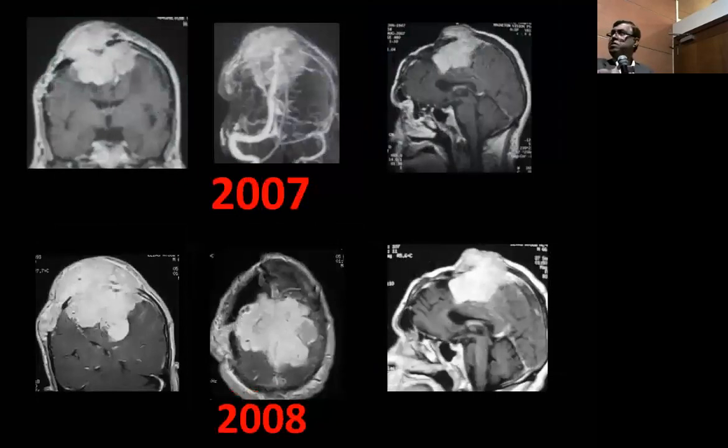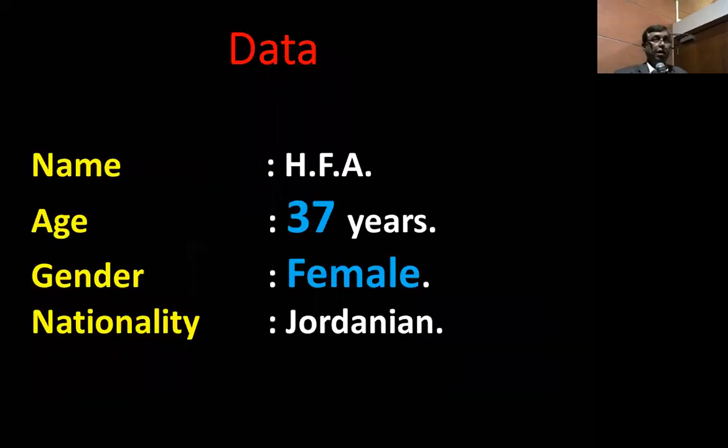2007, tumor is stable. Simply because the patient is alive. He is paraplegic, he is hemiplegic, he is blind, he is still alive. So it's okay. 2008, that's when they sent the patient to me. Sorry, I cannot help. This is beyond anything that you can do, with the patient's clinical condition being very poor. So the idea is that you have to go for maximum resection of the tumor.